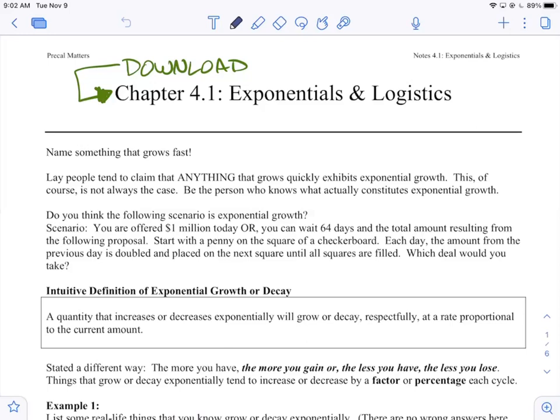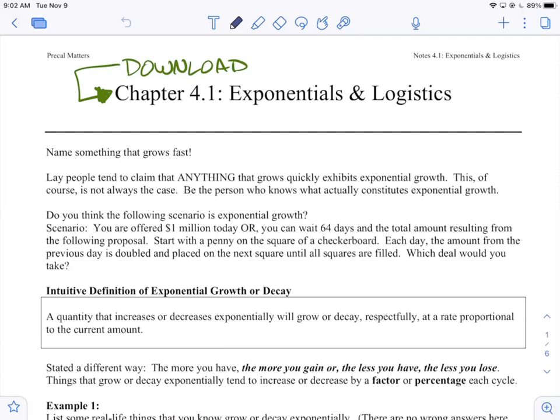We call that not exponential growth. We call it exponential decay, right? Decay means decrease, to get smaller. Things can actually decay exponentially as well. I'm glad you brought that up.